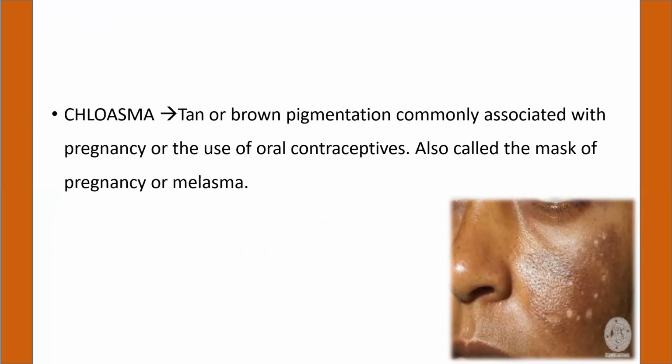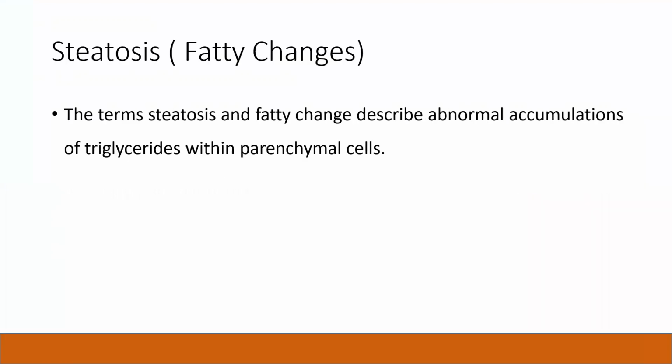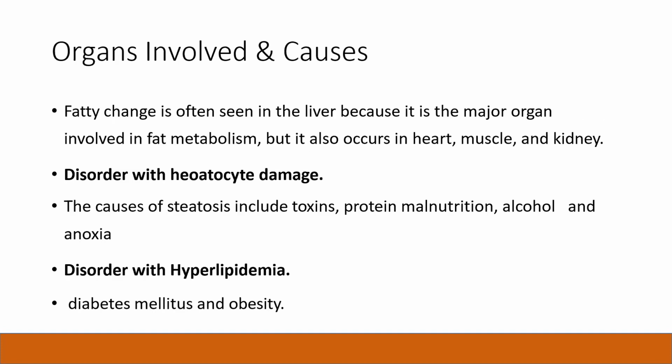Next is chloasma: tan, burning or brown pigmentation commonly associated with pregnancy or the use of oral contraceptives, also called the mask of pregnancy, or melasma, and steatosis, fatty changes. The terms steatosis and fatty changes describe abnormal accumulation of triglyceride within parenchymal cells,